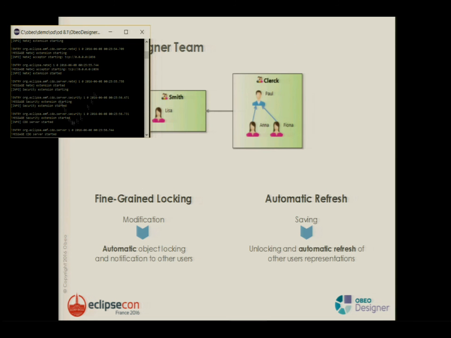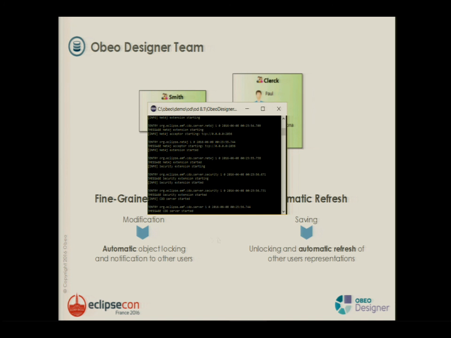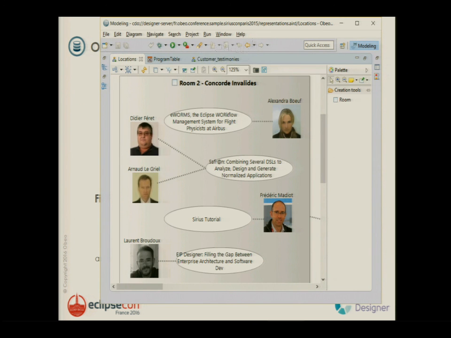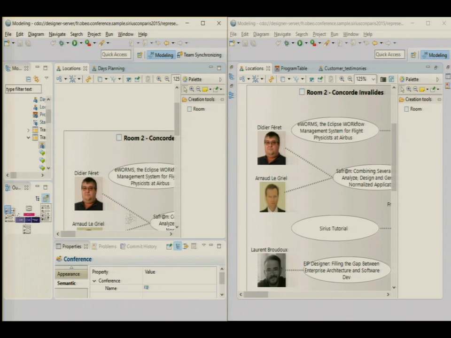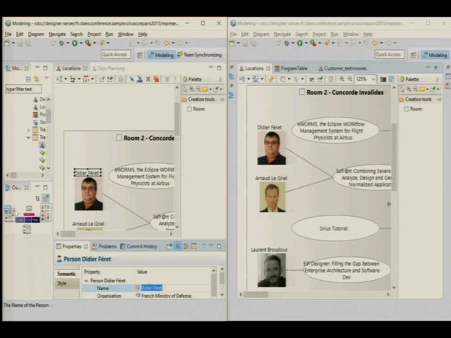I will show you live directly. It will be better than slides. So I already launched my server. It's a Java-based server, so it works with Windows, of course. And I will have two users. On the left, I have my first user. On the right, my second. I will change here the name of the